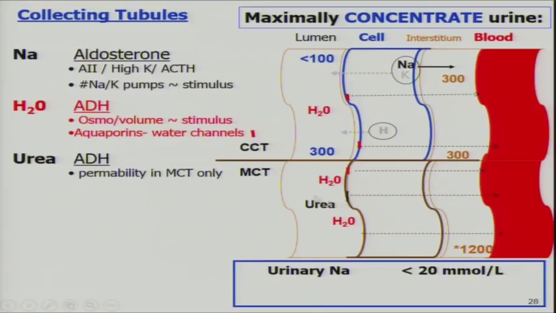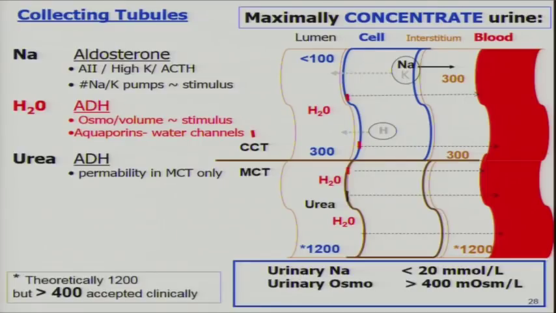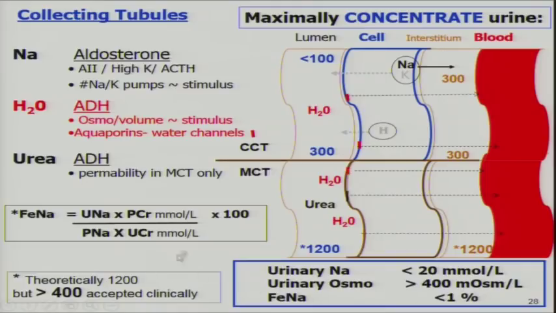urea, such that your osmolarity... sorry, I forgot to mention that your aldosterone is going to result in your urinary sodium being less than 20. And we're defining a concentrated urine as being a urinary sodium of less than 20 millimoles per liter, and an osmolarity of greater than 400. And again, theoretically, we could say it should be as much as 1200, but we're going to accept greater than 400. And then finally, we dial in this fractional excretion of sodium, which really combines the principle of sodium reabsorption